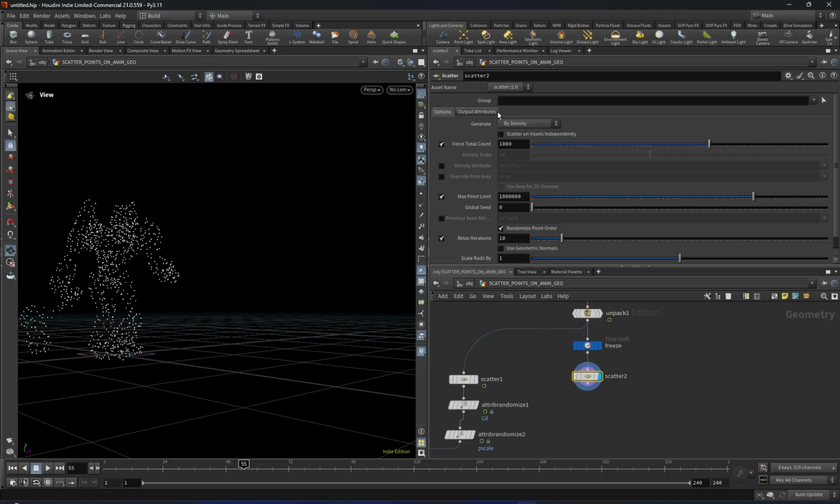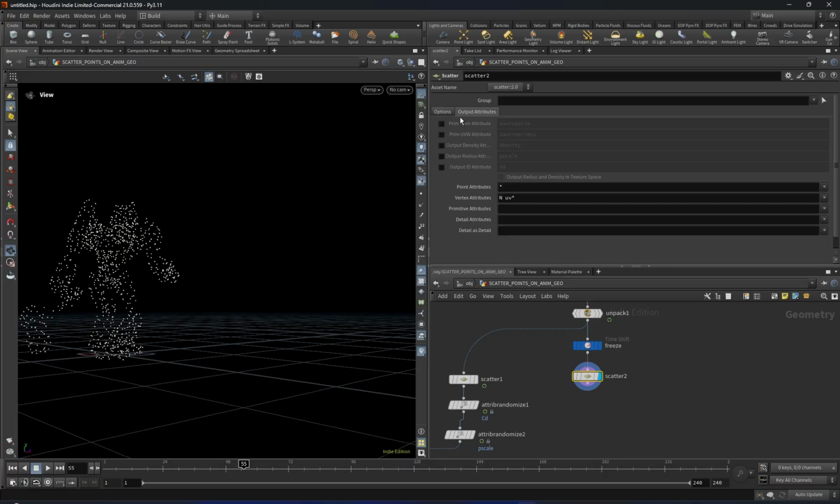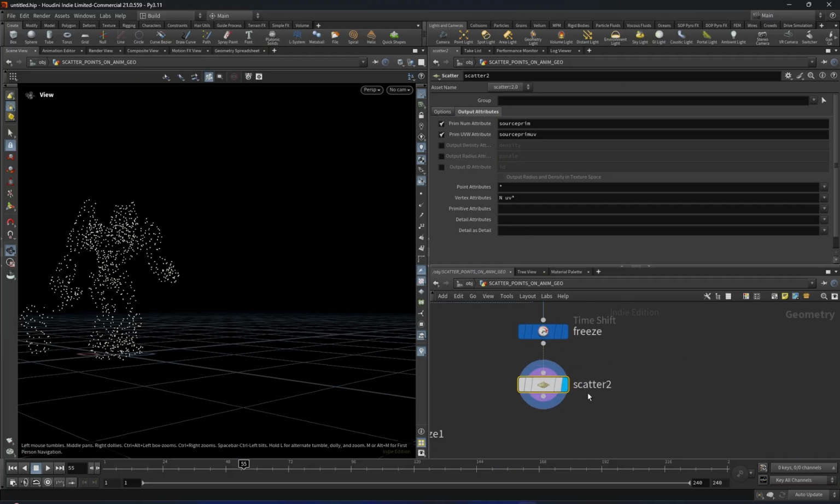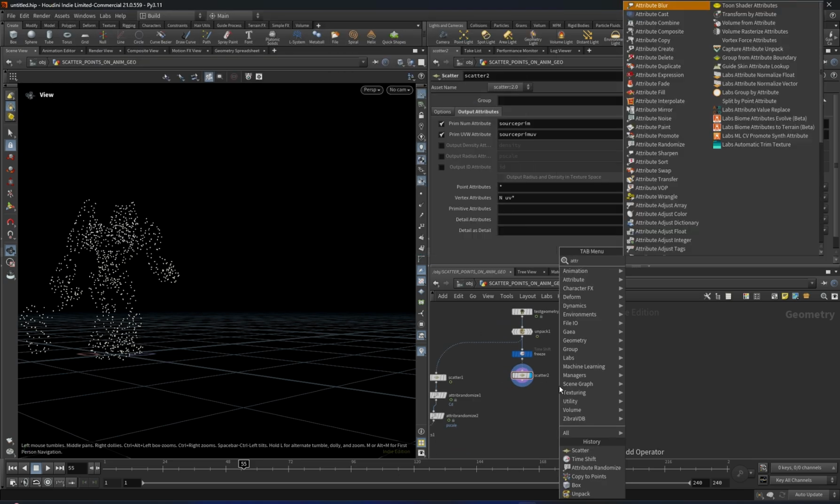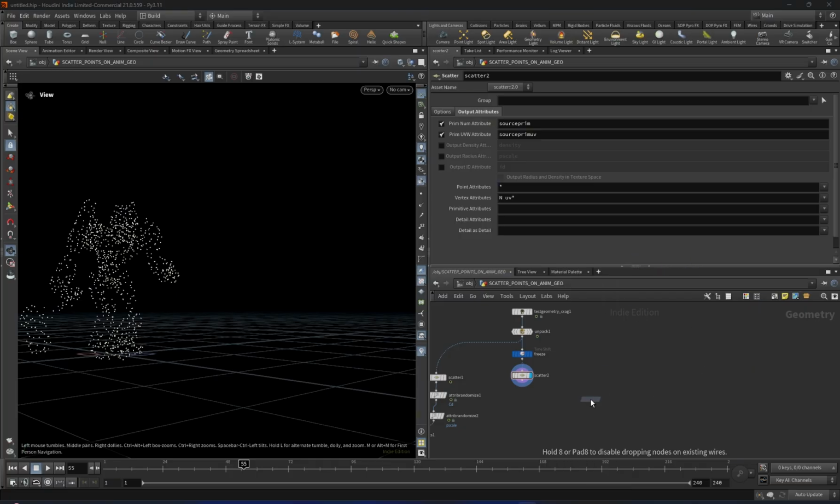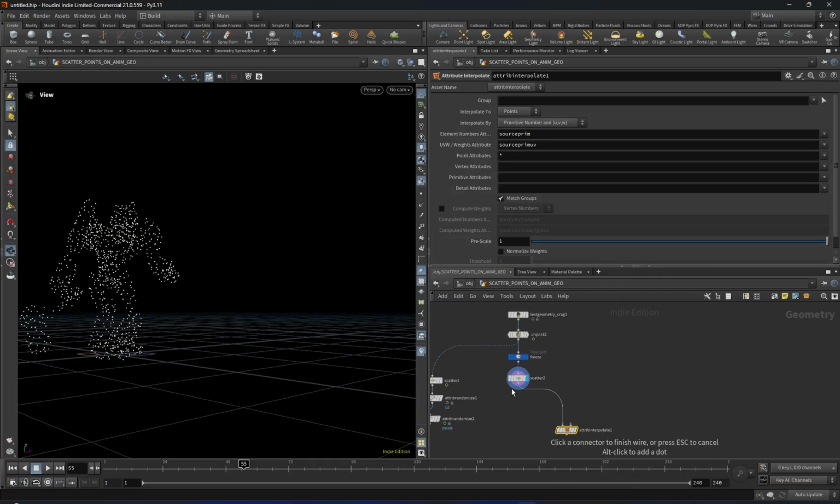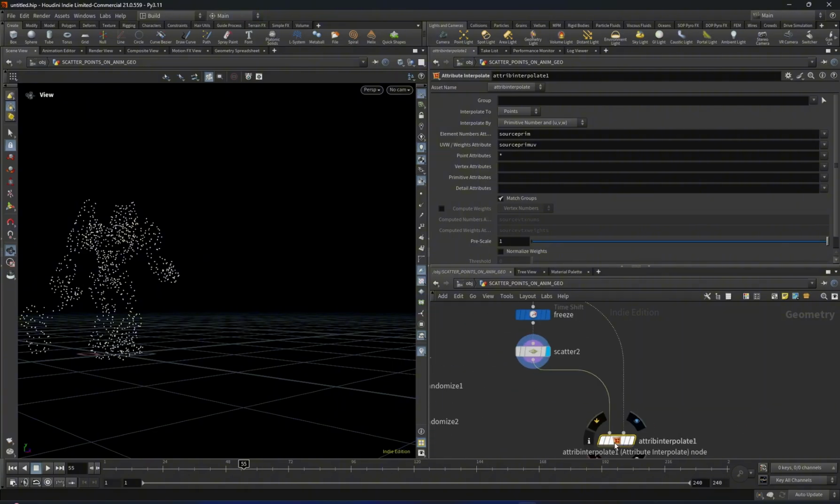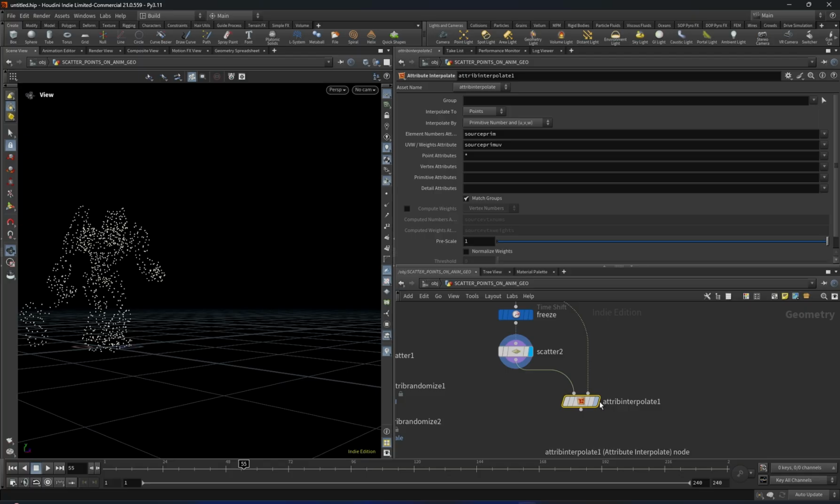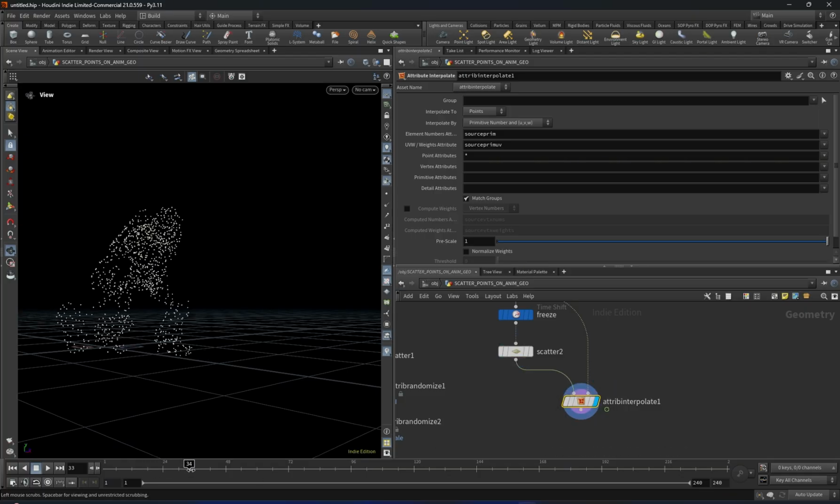and on the scatter node, on the second tab you have output attributes, and you can output source prim and source prim uv. So it will get the source prim of the point and source prim uv of the point, and it will output on the scatter. And you can use attribute interpolate and get your first input to the scatter and second input before you freeze the geo. And this one uses source prim and source prim uv, and if you see it now, see the